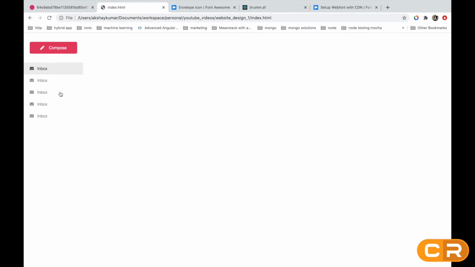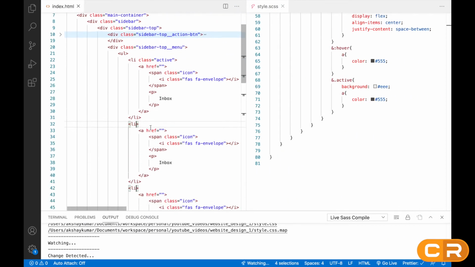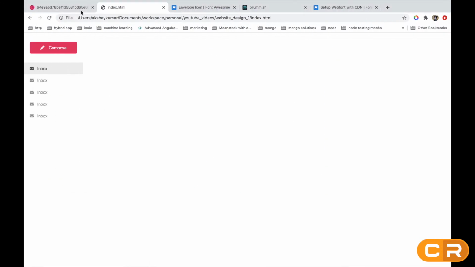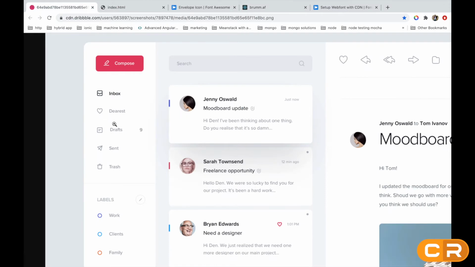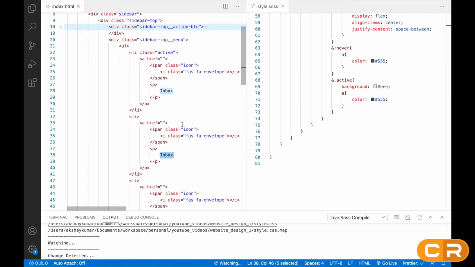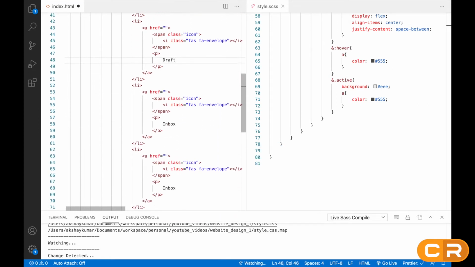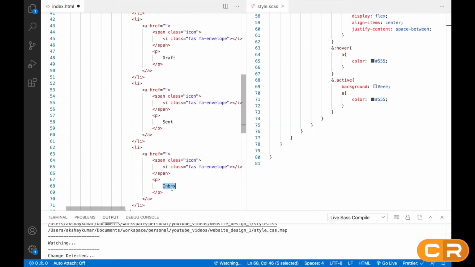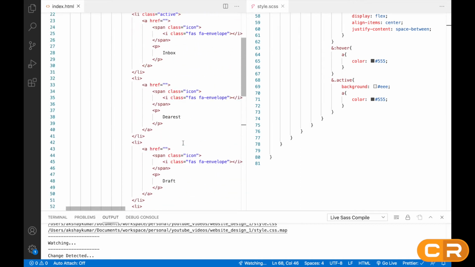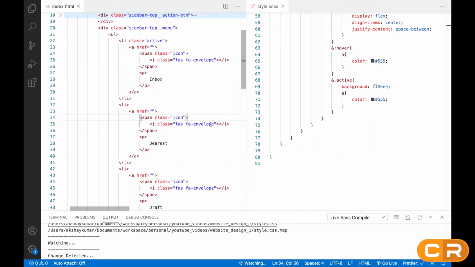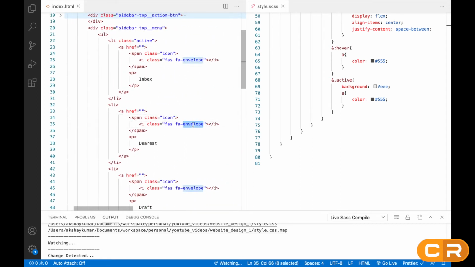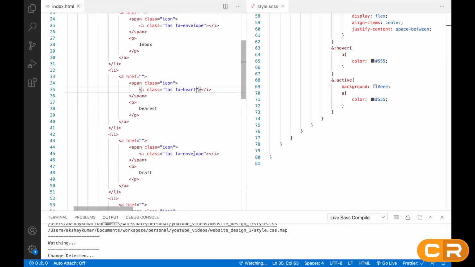So it will look like this. So we'll change the name. The second name will be draft, sent, trash, right? We have to change the icons also. So for draft, we'll give the icon heart, right? Here we'll give the icon first draft.